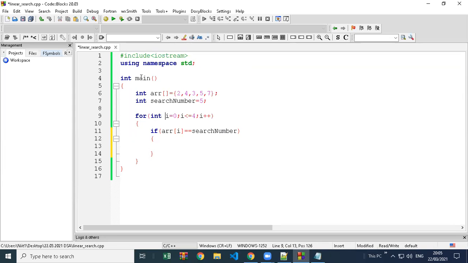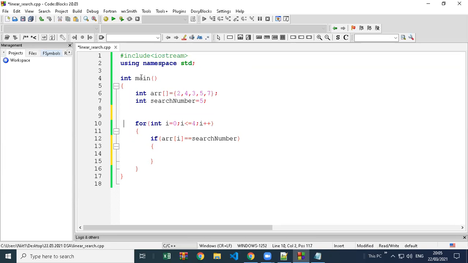Okay, or you can do one thing, take one variable count. You don't have to take even count, just declare variable i outside here, equal to 0, and here we'll write one keyword called break, and then we will print